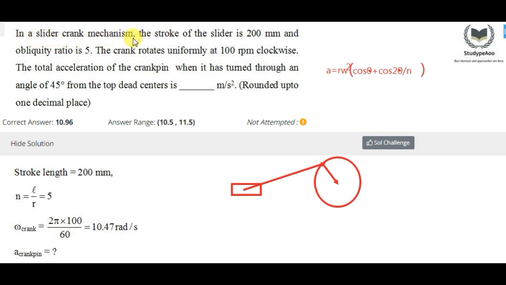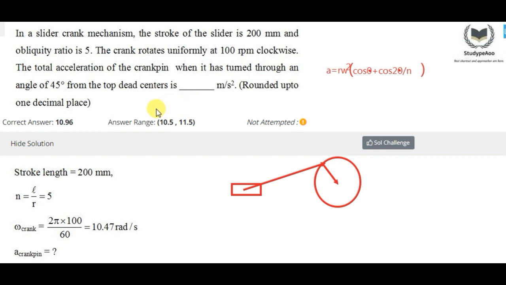Hello my friends, this is Atul Verma and today I am going to discuss with you a question based on slider crank mechanism. This question is very easy and doable, but you might be thinking why I am putting this question in front of you. Even this question is very easy. Why? Because there is a trick in this question which examiner may play with you in examination. So I want you all to know that trick so you do not make a mistake in examination.